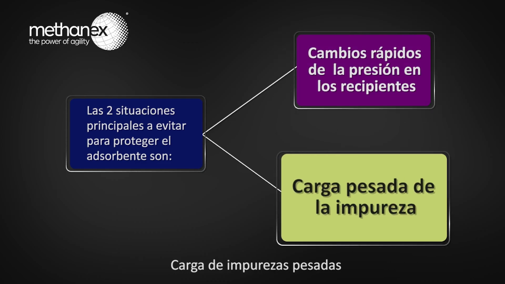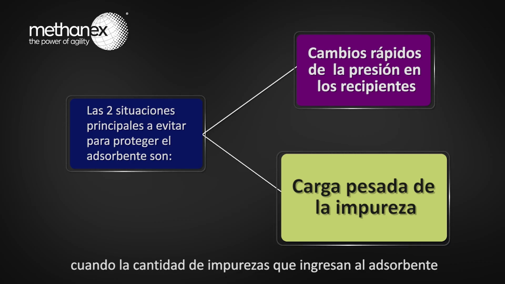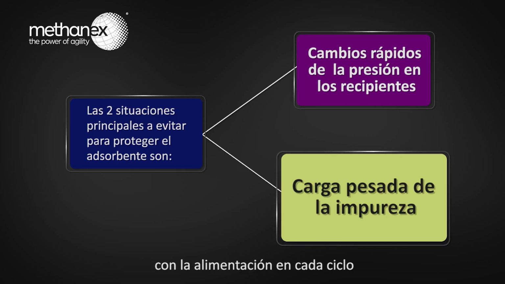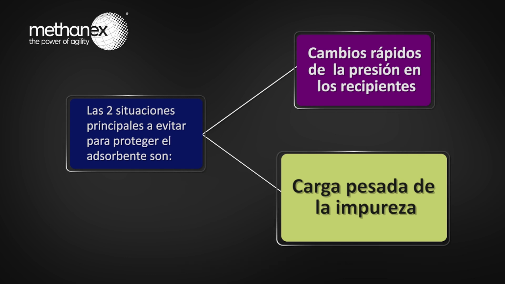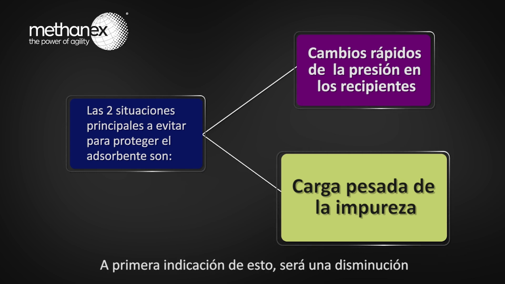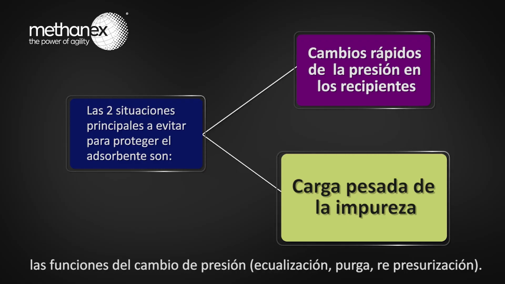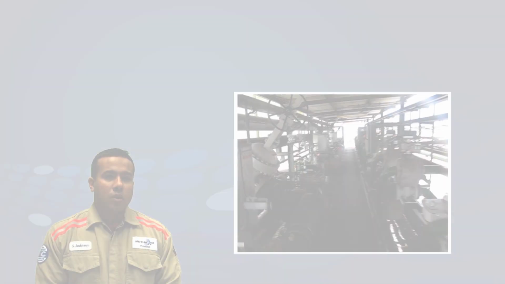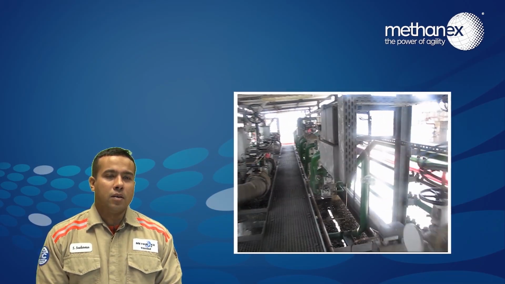And also heavy impurity loading. Heavy impurity loading occurs when the amount of impurities entering the adsorbent with the feed each cycle exceeds the adsorbent's capacity. First indication of this will be a decrease in product purity, followed by the inability of the unit to control pressure change functions. What you are seeing here in this video is the valve piping skid on the